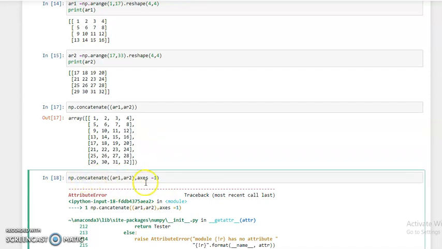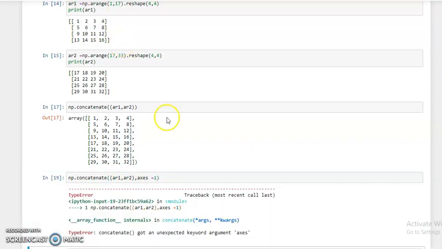Concatenate. Okay, and then run again, check np dot concatenate.